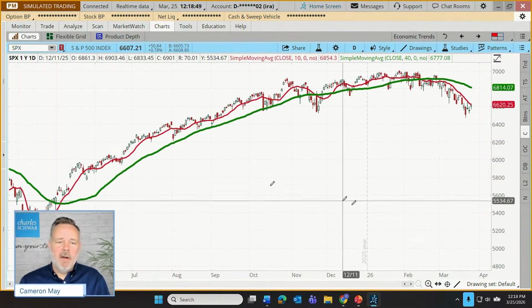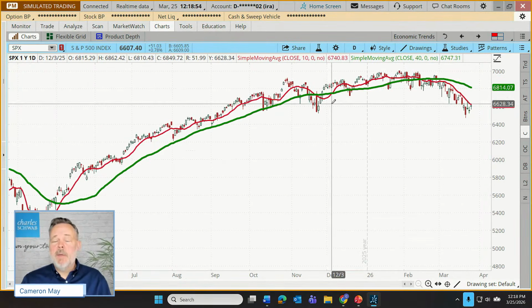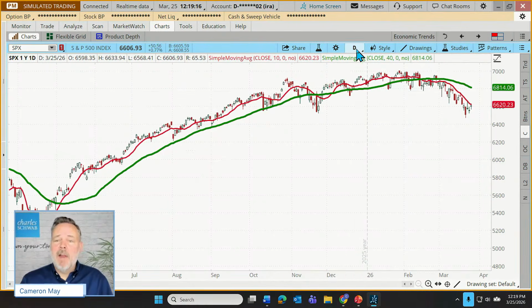And what we're left with here are these 2 trend lines. One's a little bit shorter term than the other one. And for some traders, they look for the interplay of the 10 versus the 40. And when the shorter term starts to break down through the longer term, it might signify a significant shift in the trend of price levels on the S&P 500. Not everybody uses this combination of technical indicators. And as a matter of fact, most who use this sort of an approach use a different time frame altogether.